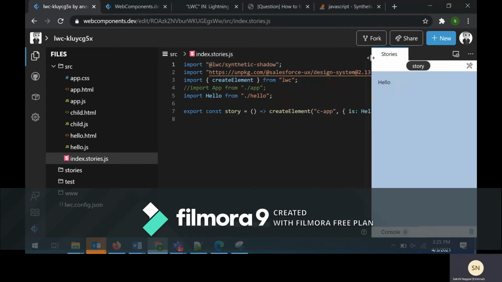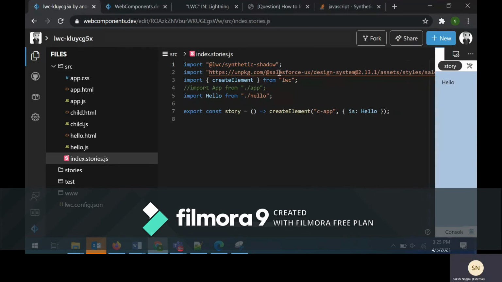This is a design system file that is used. Then the createElement component is imported. And basically what it is doing now is importing the hello component. Here we have written the hello Lightning Web Component.